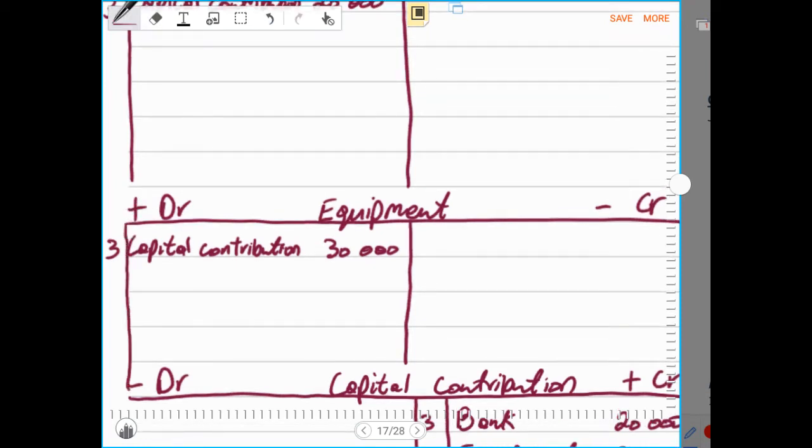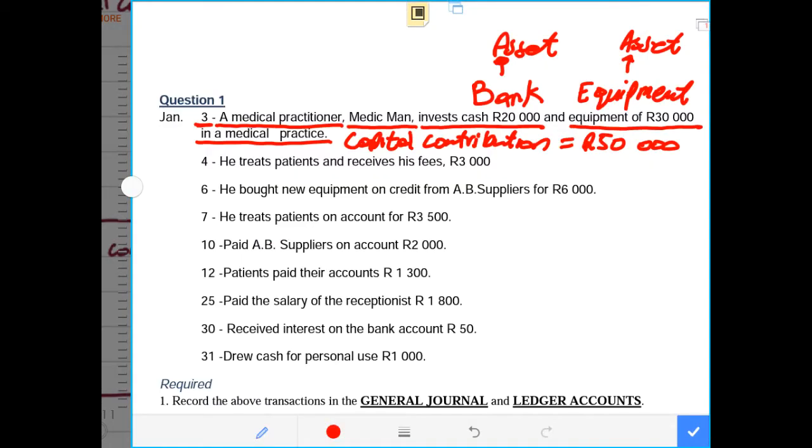Then after we have recorded the first entry, where the owner contributed capital, we have to go to the next entry and see what it has for us. The next entry says he treats a patient and receives his fee of 3,000. So now he treated a patient, and I said if you treat a patient and receive money, that will be a service income,